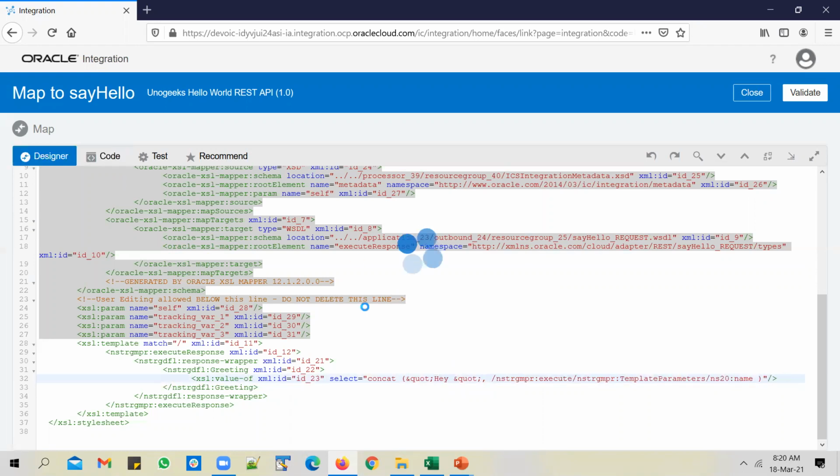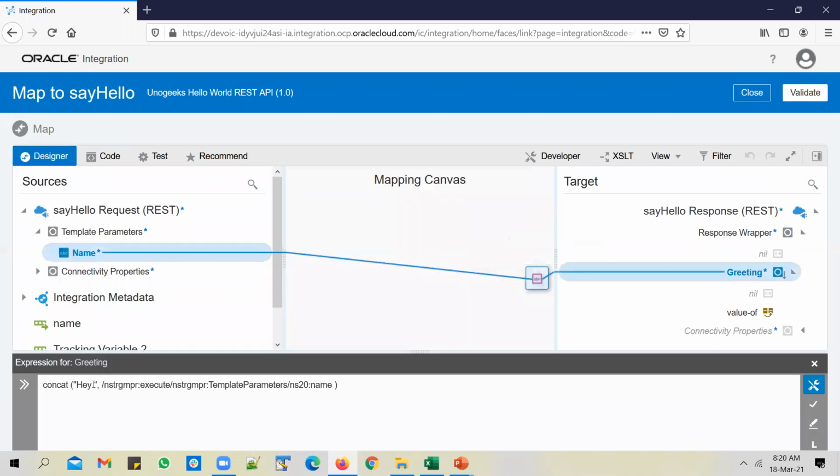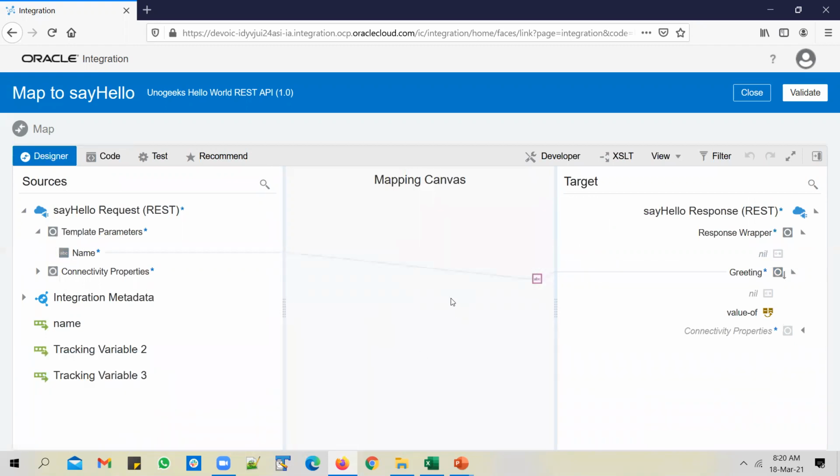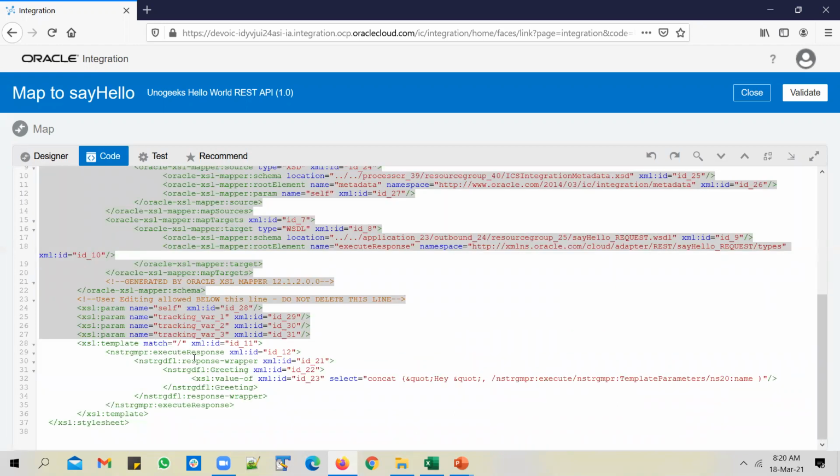And if I go back to designer, I click on the mapper, and you notice that the mapping has been changed now. So there are two ways to do the mappings. You can use the UI approach from the designer, or you can use the XSL approach from the code tab. It's completely up to you which one you prefer.